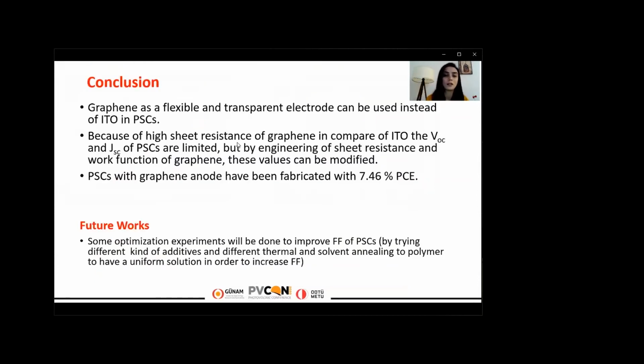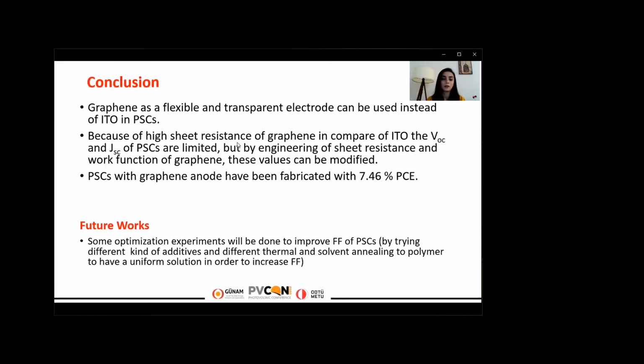So as a conclusion, graphene as a flexible and transparent electrode can be used instead of indium tin oxide in polymer solar cells. Because of the high sheet resistance of graphene in comparison to indium tin oxide, the VOC and current density of polymer solar cells are limited. But by engineering the sheet resistance and work function of graphene, these values can be modified. Polymer solar cells with graphene anode have been fabricated with